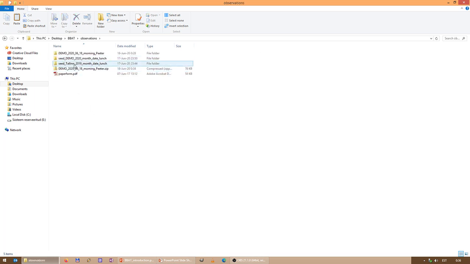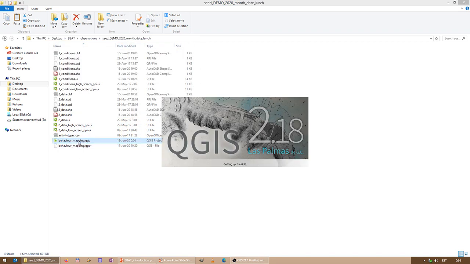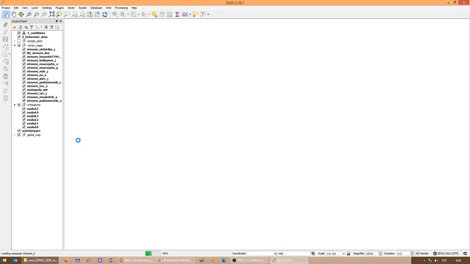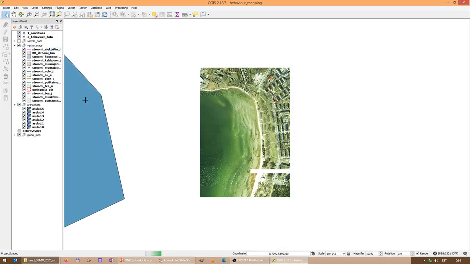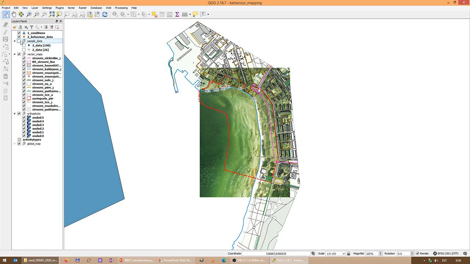You can go to the seed folder that you have prepared and make a copy of it and launch again the behavior mapping. Why you're using that is that you're having the same map layout that you've already prepared. All the orthophotos are there, all the vector files are there. You don't need to worry about the layout of the base map. And well, you will need to add all the observations